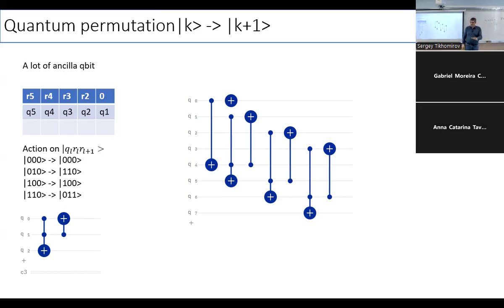I feel that the audience got lost. So what I'm trying to say is that if we have a lot of ancilla qubits, then operation +1 is very easy,